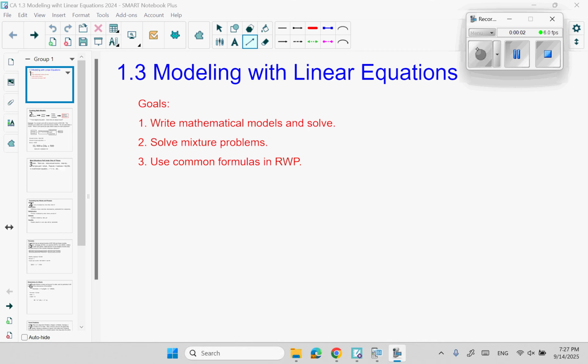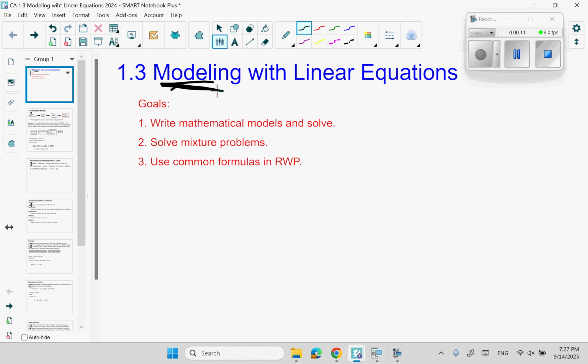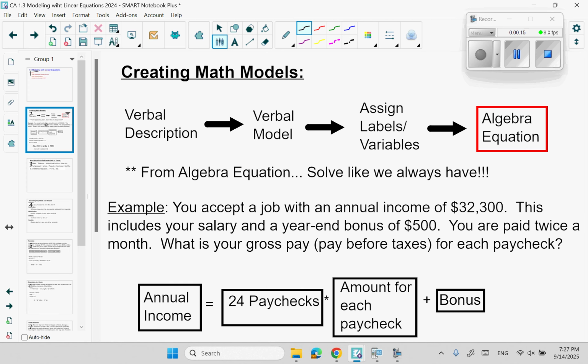Hi, and today we're going to be doing 1.3 for college algebra, modeling with linear equations. Whenever you hear something like modeling, be ready for a lot of story problems and things like that. So, in general, you have a verbal description or a written one with words that you have to sort of analyze, translate in your own mind of what you want to do, assign labels and variables, and turn that into